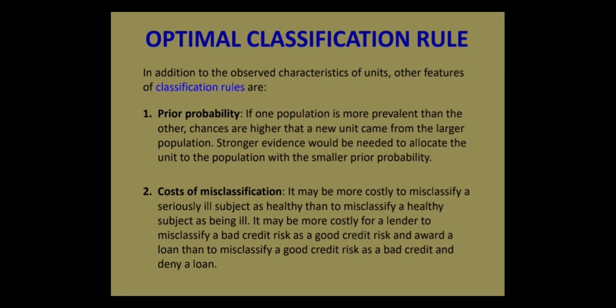Because of that, we need stronger evidence to allocate the unit to the population with the smaller prior probability. We will see this later when we calculate the region. The second one is the cost of misclassification,